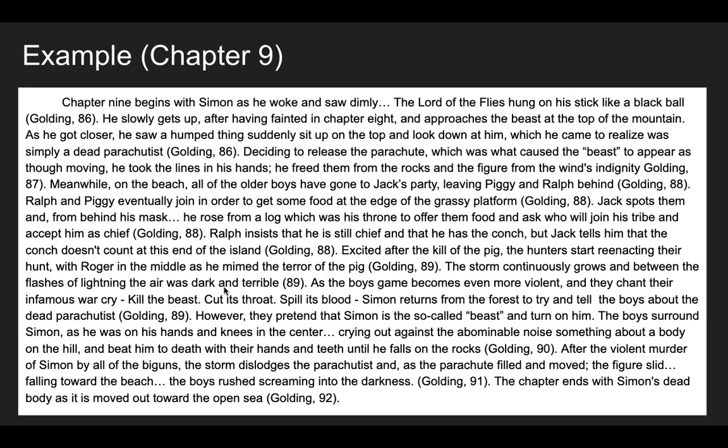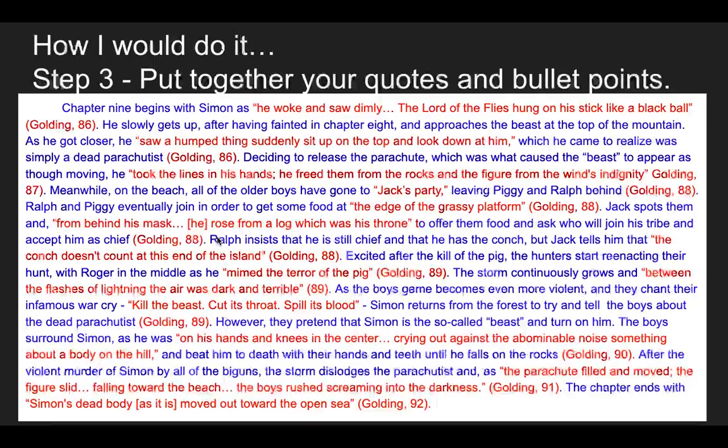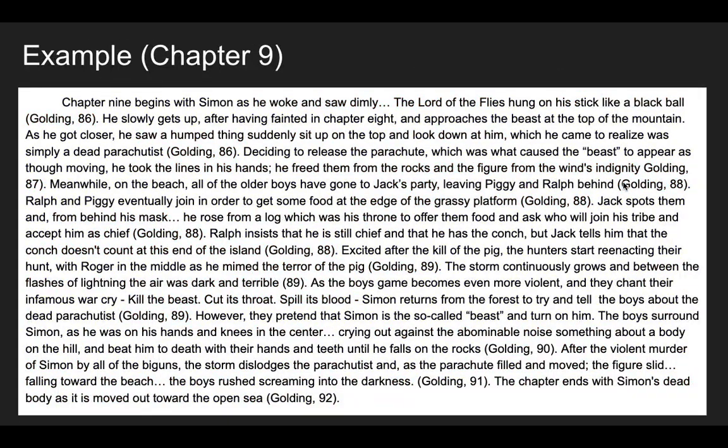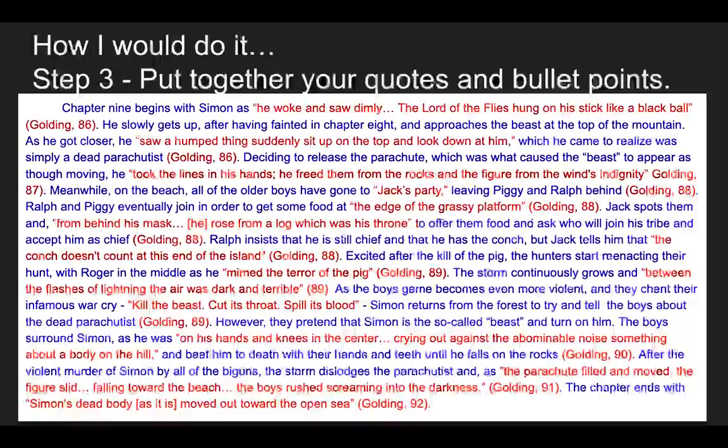Okay? If you change the colours and remove the quotation marks, as I've done here, it should still all make sense. If it doesn't make sense, you haven't embedded it properly. So you could even try that. Delete the quotation marks, make it all black, and read it. Does it sound right to you? If it doesn't sound right, you've got a problem there. It should all sound right.